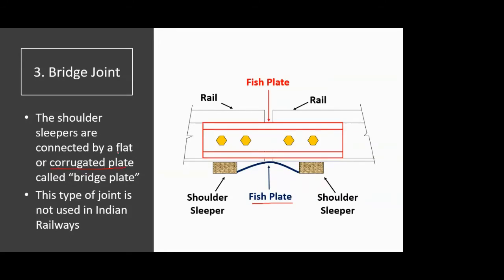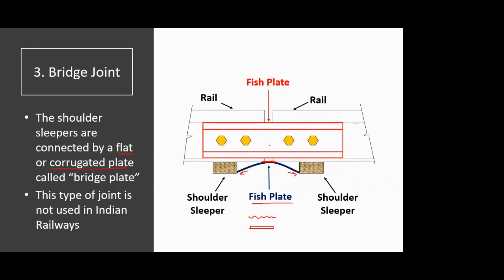It may be a corrugated one or a flat one. Corrugated means it can be like this in cross section, or it can be a normal flat plate. It is bent in such a way that it fits between two shoulder sleepers, and the apex of that plate supports or touches just the ends of the rails. So we are not occupying much space, and the packing of the ballast is not affected. At the same time, we are supporting the gap, and that support rests on the ends of the sleepers.